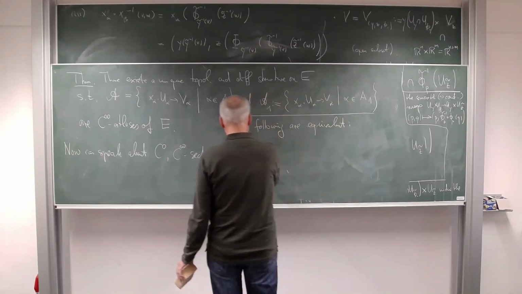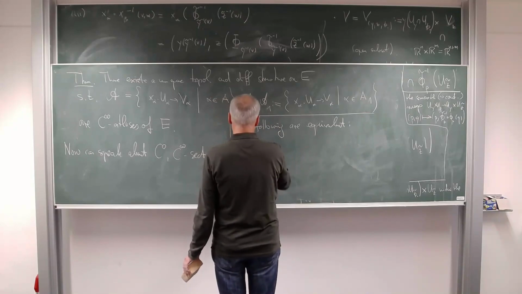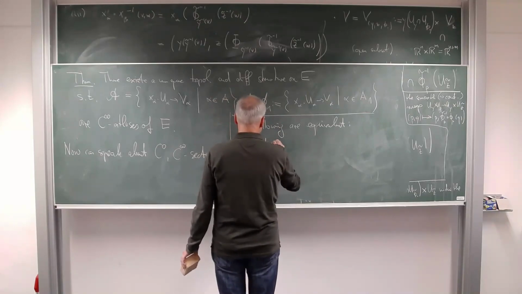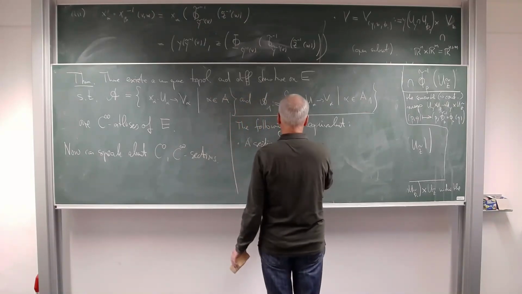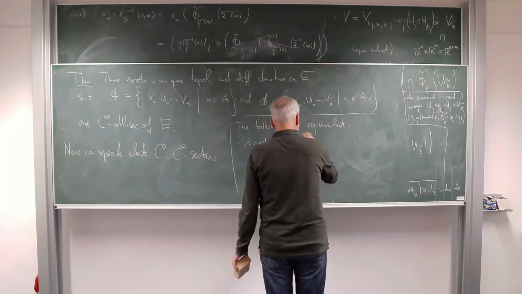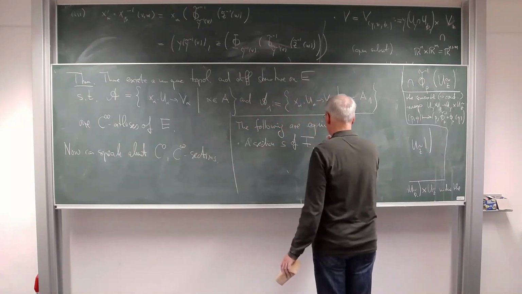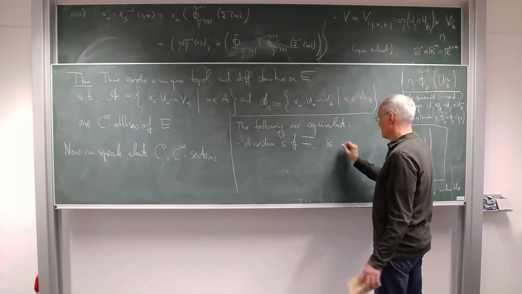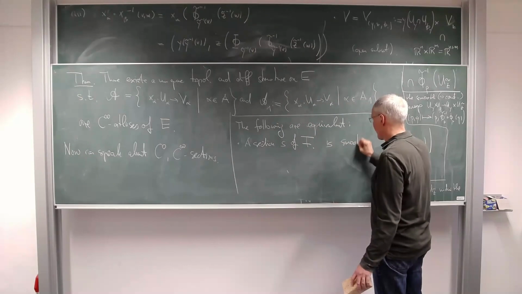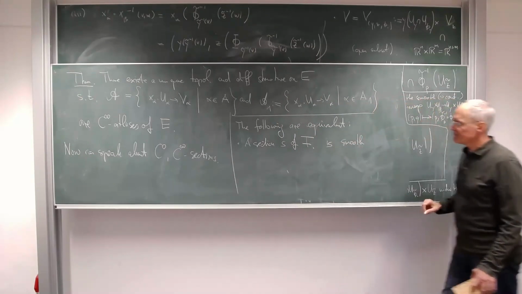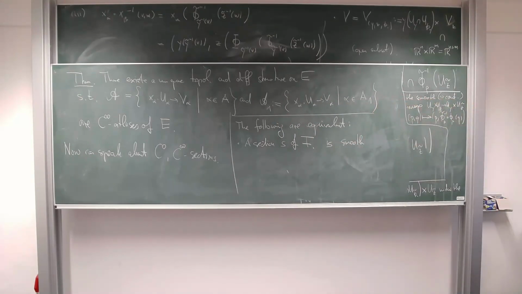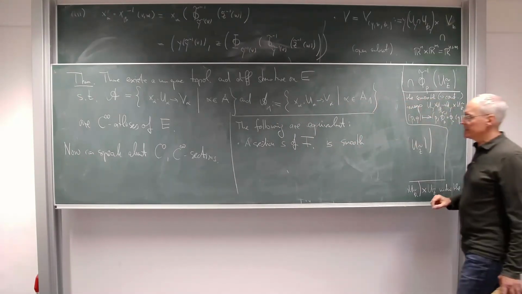A section S of the bundle F is smooth in the sense that it's a smooth map from M to E,